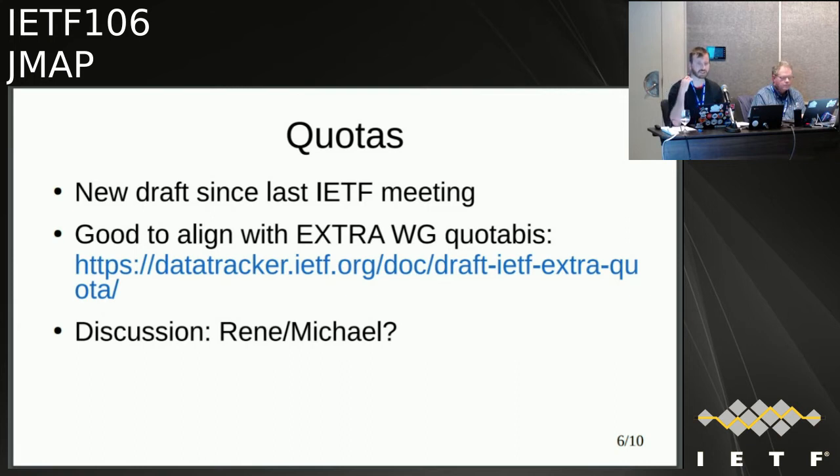There's been a lot of discussion on it, and not much. I think there's still a lot of work to do there. We need to make sure it aligns with the IMAP quotas and discuss what should be included in there. So we need to restart the discussion on that. The authors aren't online. A shame. Has anyone else read the quotas draft?